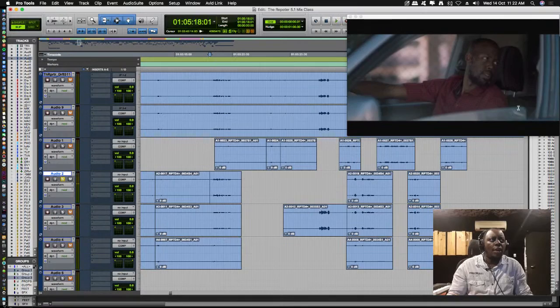Now, normally on set, the production mixer, the one who records the sound on set, they normally record what we call room tone. It's like 1 minute of empty space, of just how that room sounds. So what happens is that if in case this dialogue sounds good,